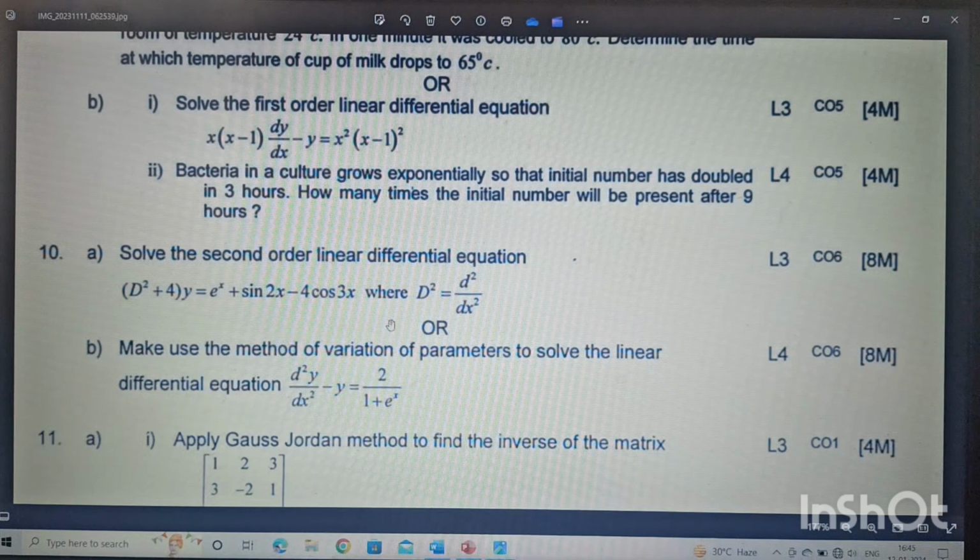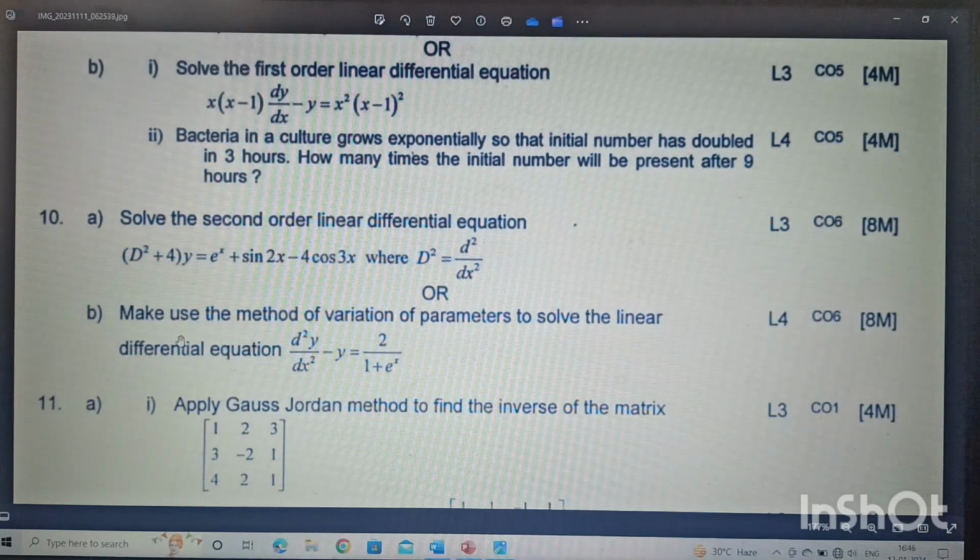Okay, now in this one, the choice given is: make use of the method of variation of parameters to solve the linear differential equation d square y by dx square minus y is equal to 2 by 1 plus e power x. This is also one of the models in this method. Tan x, secant x or cosecant x is another model. So the method of variation of parameters is a very important question. Okay? So next one,